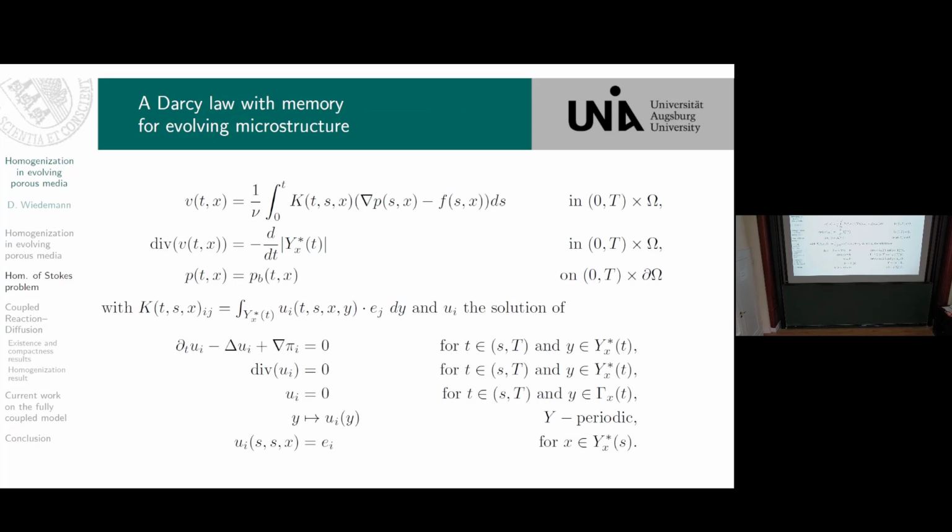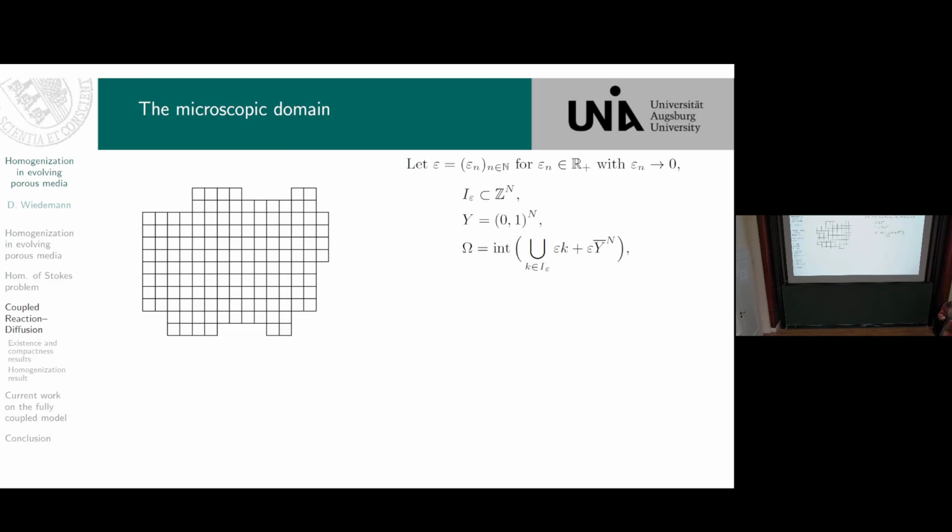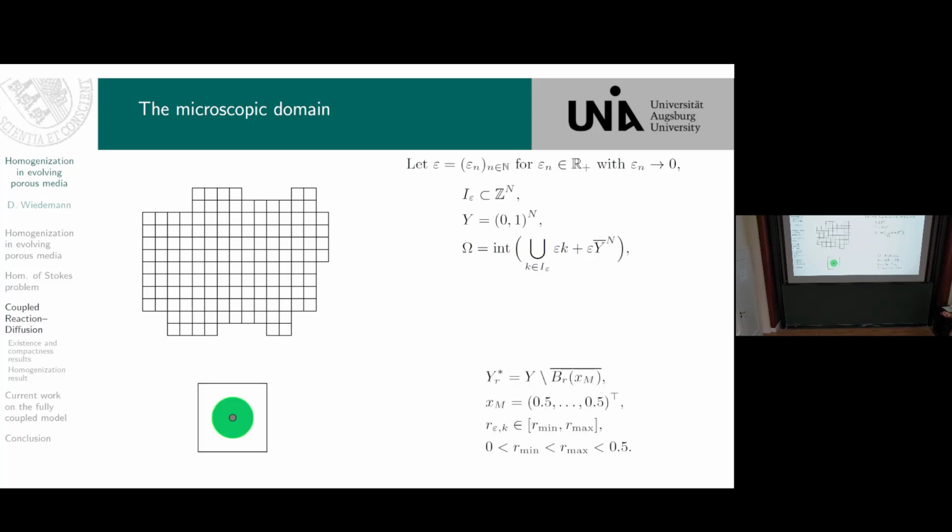It looks very similar, but we get here this additional convolution type term for the fluid velocity. Okay, but now let's go to the Hubble problem. There we want to couple the domain evolution with the process itself. Therefore we have to somehow simplify the domain evolution, or the type of the domain. And we do it by assuming that we have only